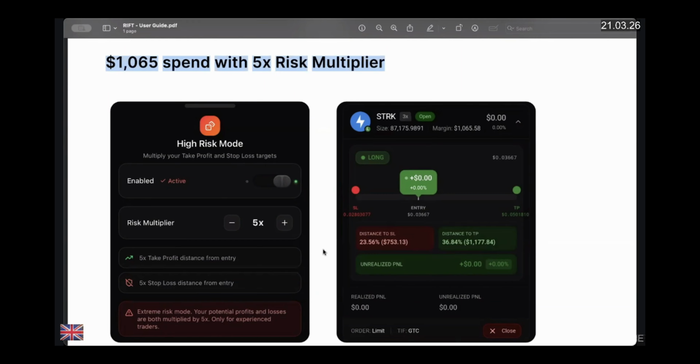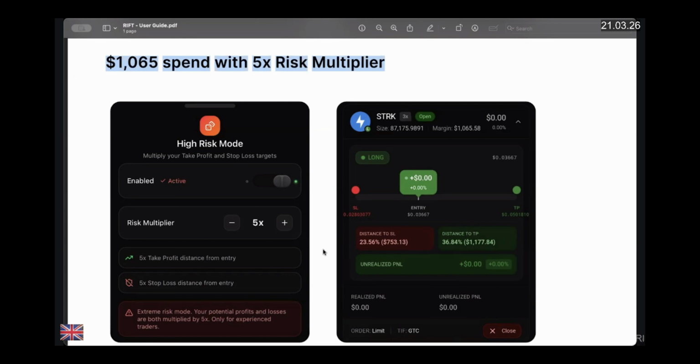So the advantage of you making $10 faster than somebody who's placing this same order at $100 with 3x leverage with default spend of, let's say, $100, but you are spending $1,000 here. The profitability would have been $75 for them. Sorry, stop loss would have been $75 and take profit point would have been $117 for them. With $100 spent, if it is the same ratio, then you can understand making $10 for them would have been